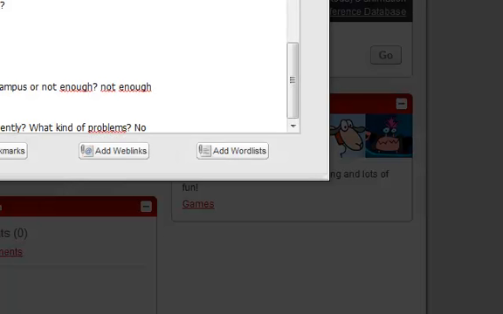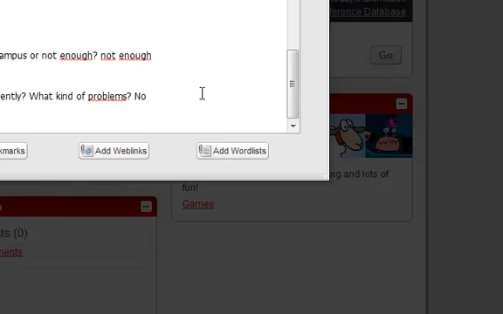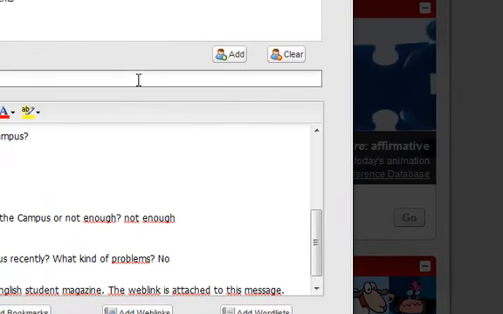So now that's added. Just close the window. And we can see the attachment is added here. So I might want to say it's always a good idea to give your students some extra activities to do, especially using the ones which are in the campus. You should title your message